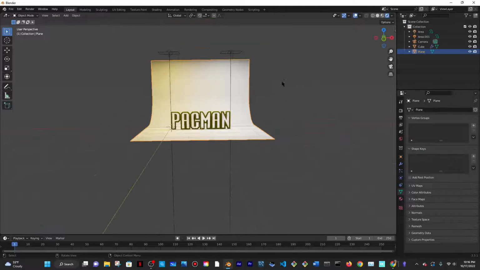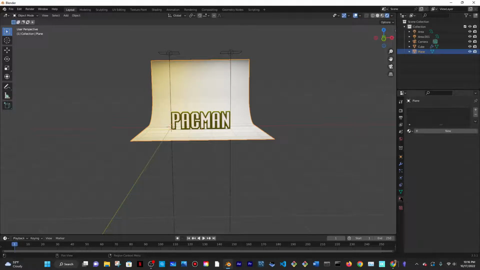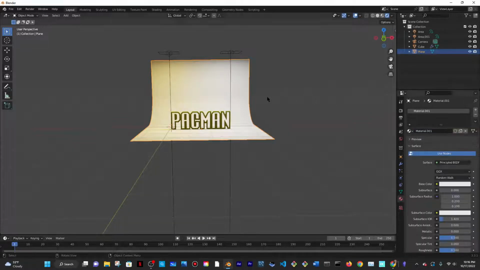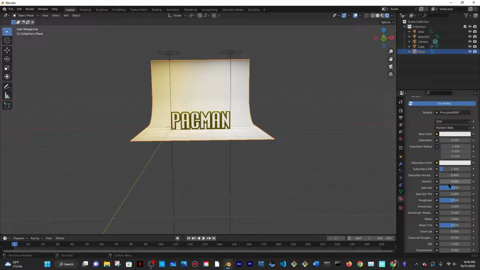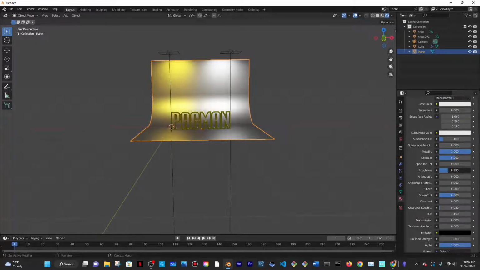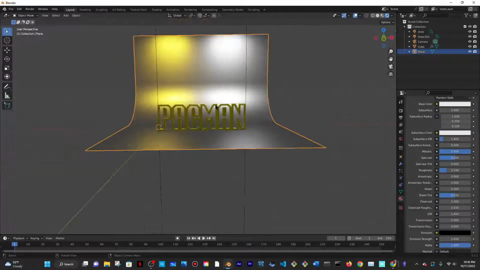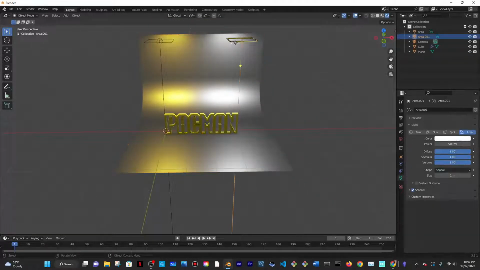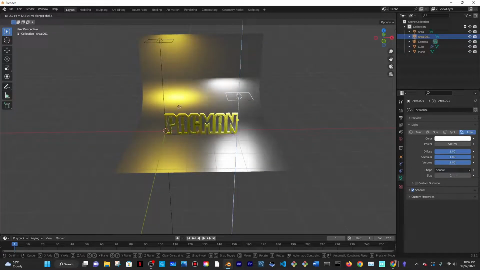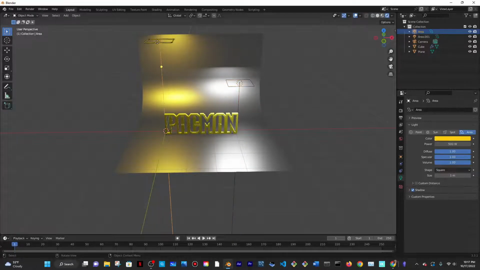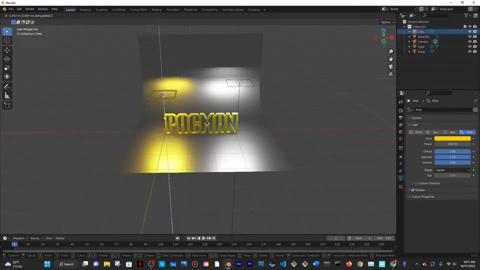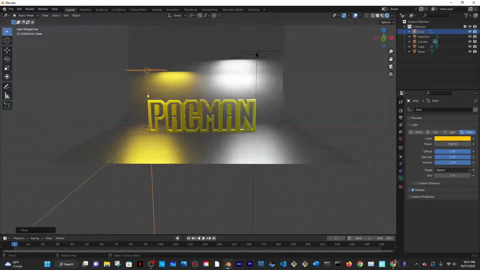I think maybe it would be better if I had a material for the backdrop. I'll make it metallic, so 1 for metallic, and then roughness, I'll bring it all the way down so it's shiny. There we go. And then what I'll do is I'll probably take this and bring it a little bit more downwards here, bring this one a little bit more downwards here as well,